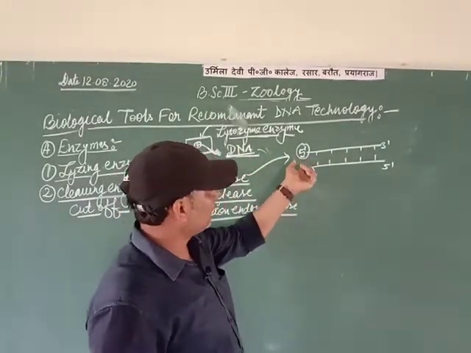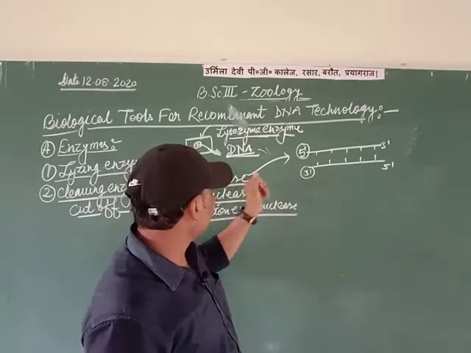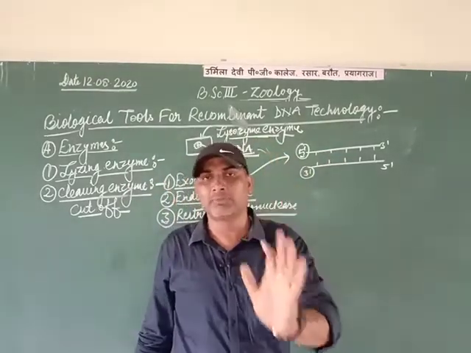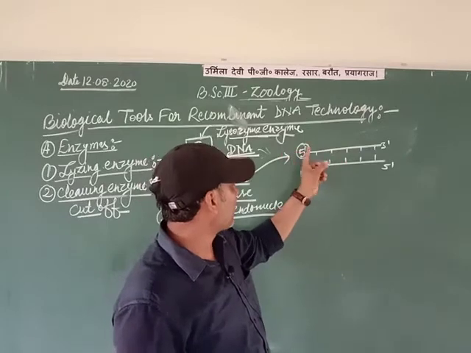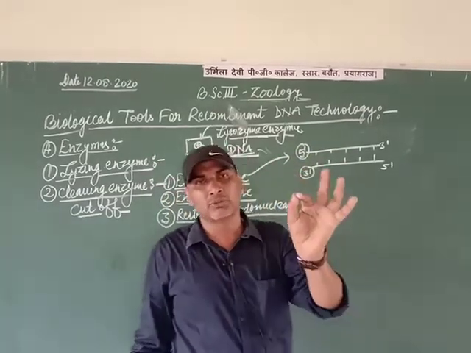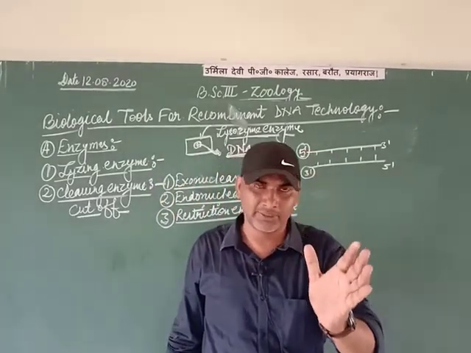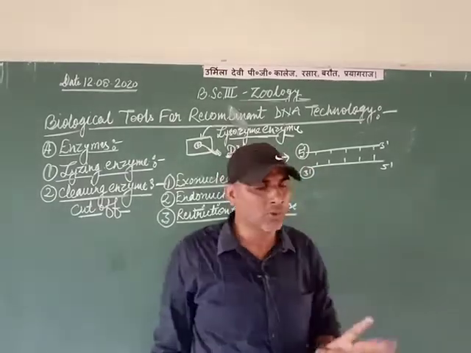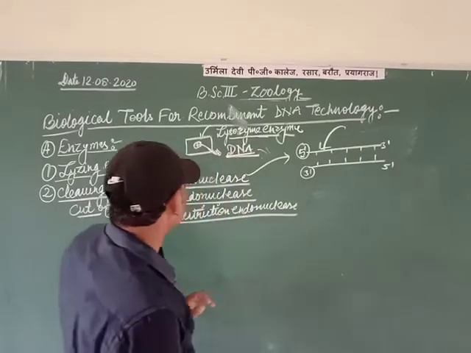Attention here: the exonuclease enzyme cuts off a single strand of the DNA in the duplex, either the 5 prime or the 3 prime. यह या तो 3 प्राइम जो सिंगल स्ट्रैंड है या फिर 5 प्राइम जो सिंगल स्ट्रैंड से इसका इनिशिएशन हुआ है, उसी एक ही सिंगल स्ट्रैंड को काटेगी। ठीक है, इसको कट ऑफ करती है।